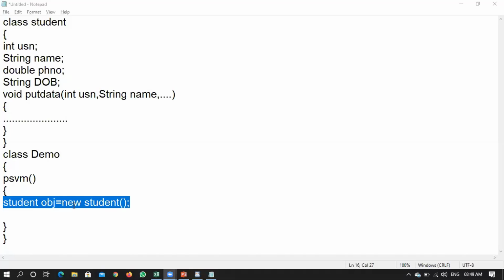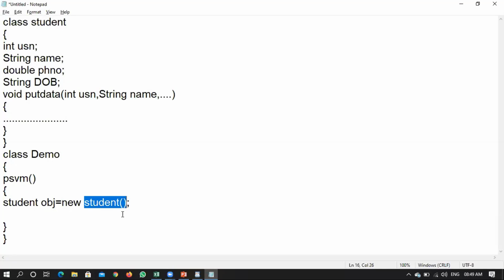When will memory be allocated? When you use the new keyword, that time memory will be allocated. Correct, memory has been allocated. Now what does this particular Student followed by a bracket say? It says that with respect to the class, there is something called a constructor. You please execute that particular constructor.